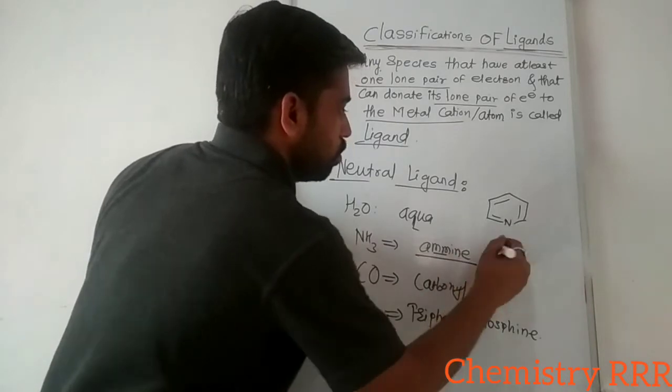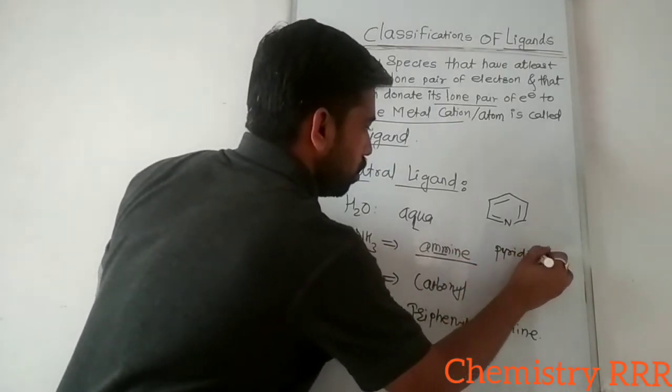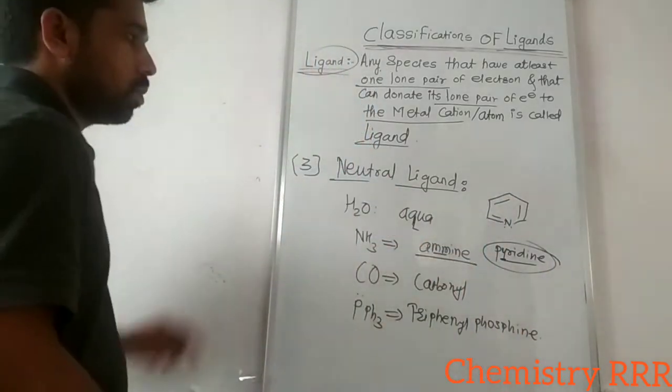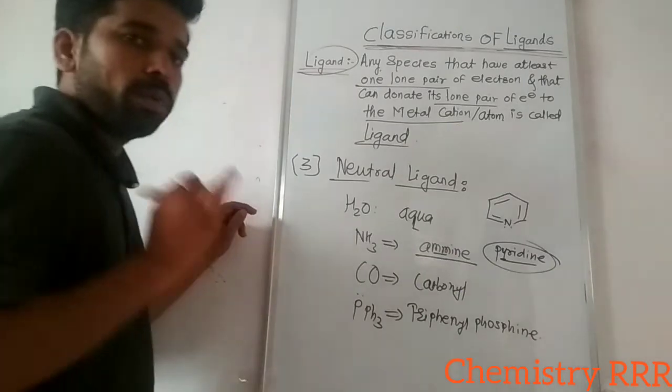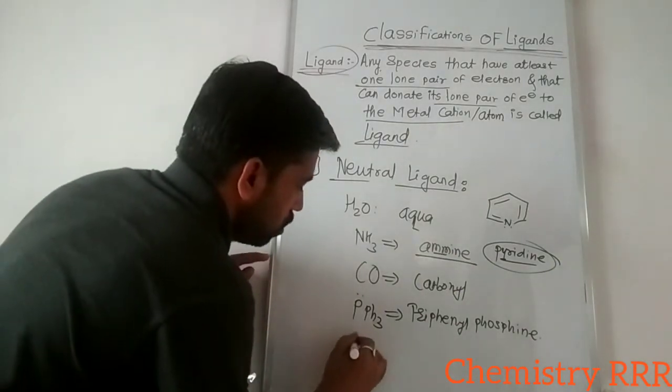Sorry, the structure is pyridine. This is also a ligand, because it has a lone pair of electrons. Now next is